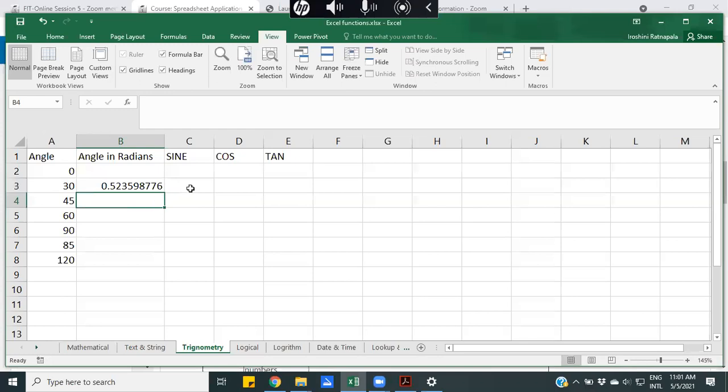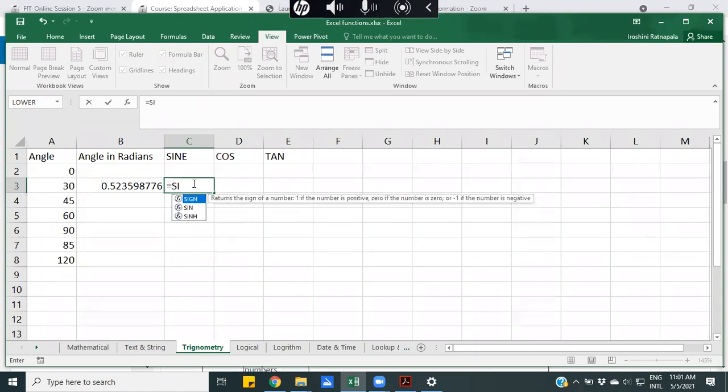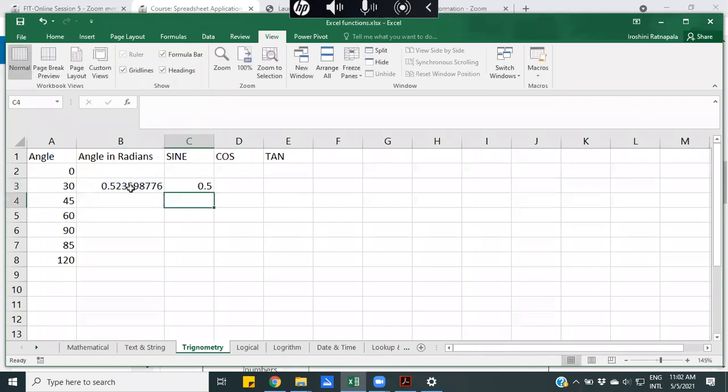Then to calculate the sine, the function is not actually sine in Excel, it's sin. Sin is the function to calculate the sine value. Then open bracket and click the radian cell and calculate. But instead of doing it in two steps, we can do it in one step. What is the outer function? The outer function is sin.